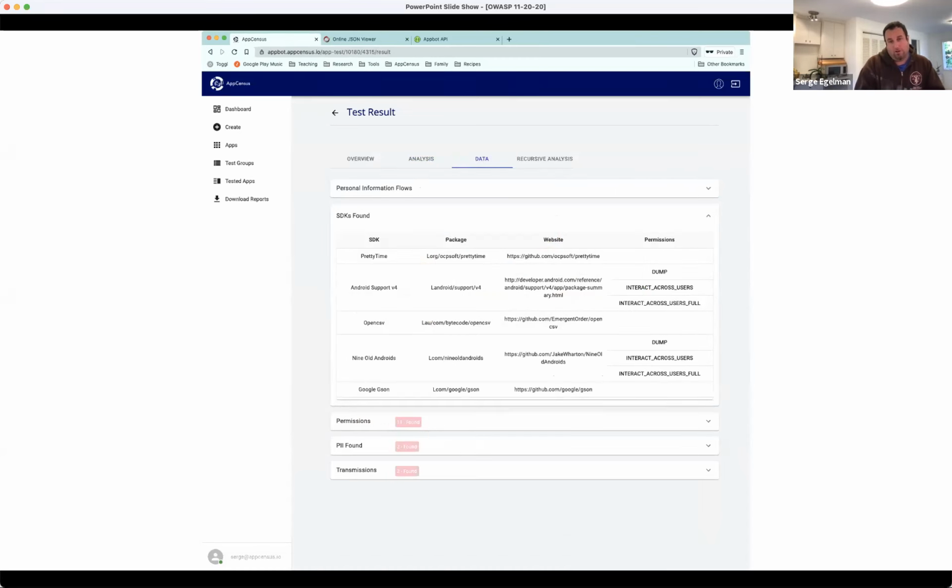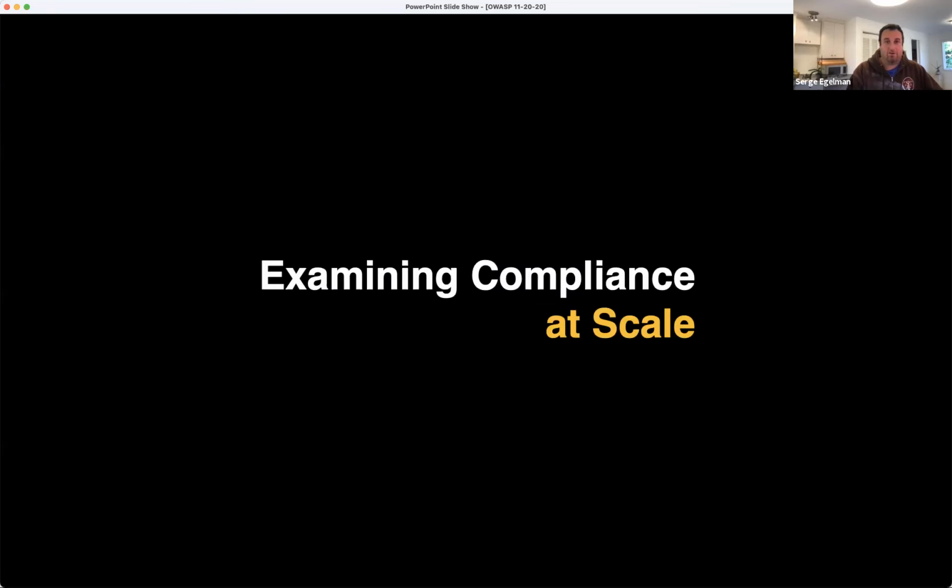DoubleClick. We also do some SDK identification, but again, the shortcoming of only doing the static analysis is that not all of these are necessarily going to be run at runtime. Some of it might be dead code, some of it might be misidentified, since identifying SDKs is very much an open research problem right now. But that combined with looking at where the API endpoints are gives us a good understanding of what's happening.